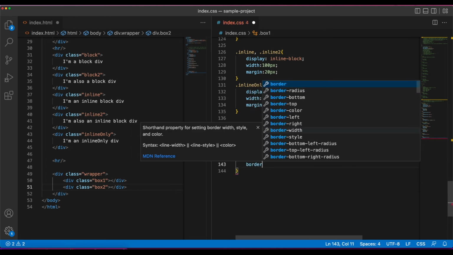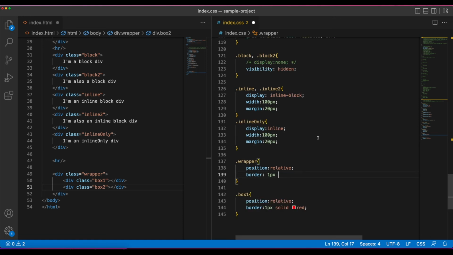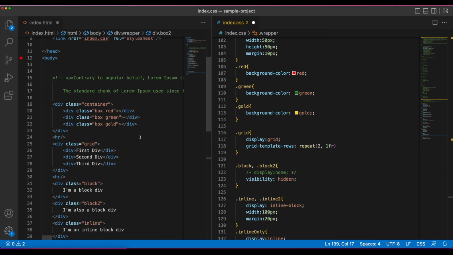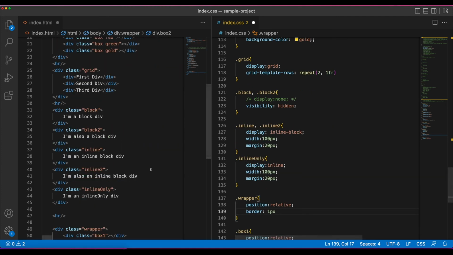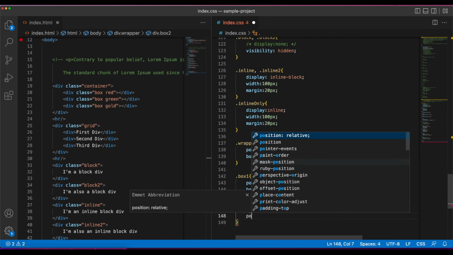And we want to give box 1 a border so that we can see what's happening. And we also want to give the wrapper a border. 1 pixel. I was just thinking I should have given the previous divs borders as well when I was explaining the grid and the flex box, but maybe I can go up and do that later. For now though, let's continue. 1 pixel solid, let's do green, and finally box 2, position relative,